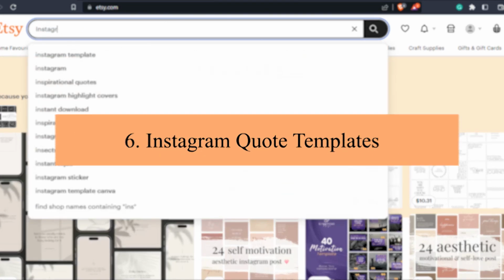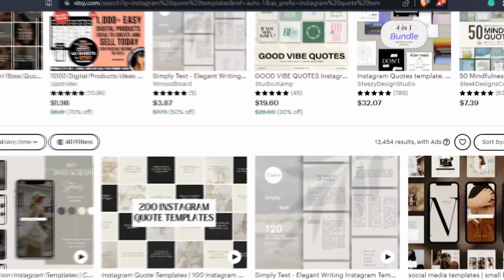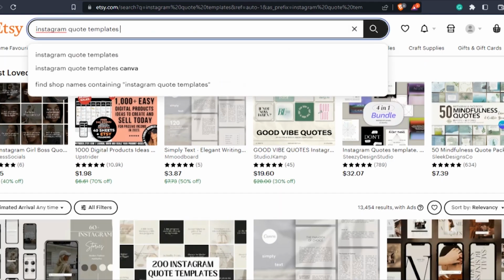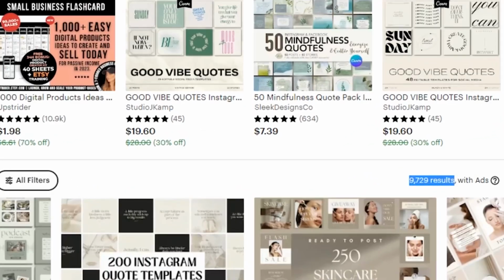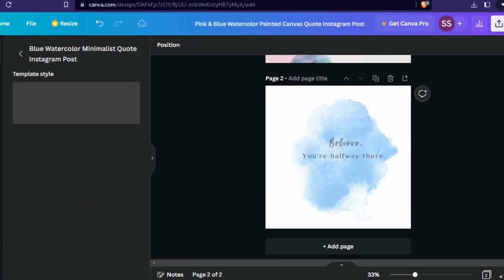The number 6 digital product idea on our list is Instagram quote templates. As you can see, there are more than 13,000 results for this product on Etsy, but if we search the term Instagram quote templates Canva, you can see it comes down to under 10,000 results. And you can see many sellers are already profiting from selling simple and minimalistic designs, which are fairly easy to